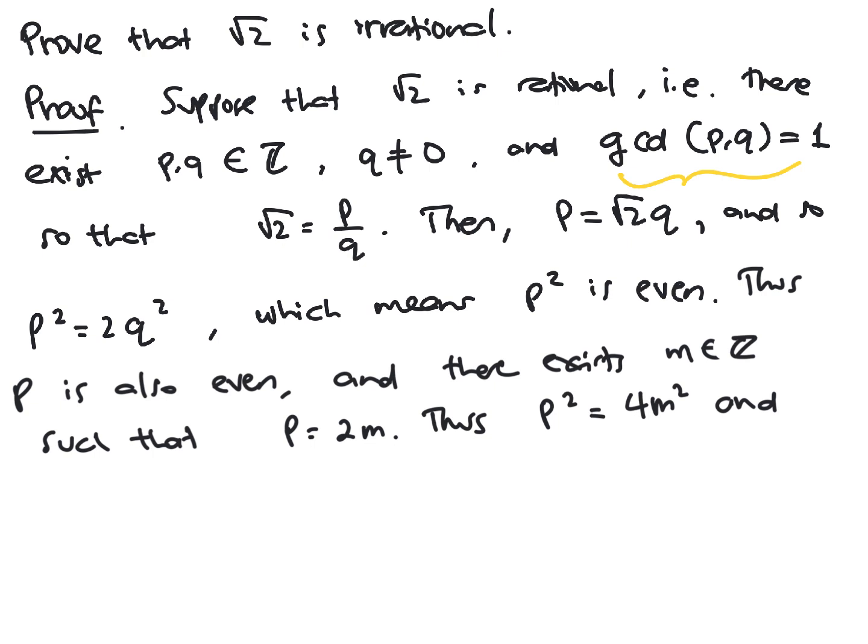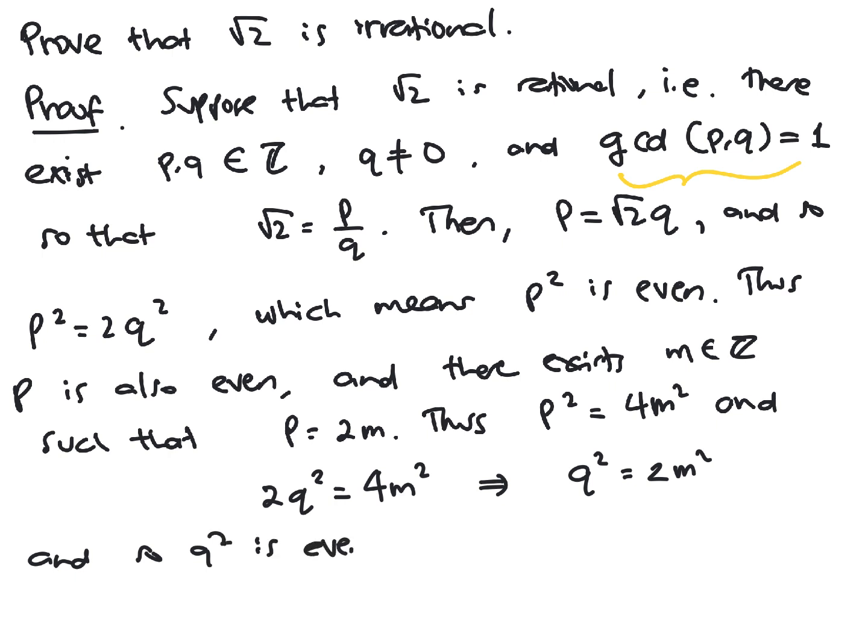And because P squared is also equal to 2q squared, what we have now is that 2q squared is equal to 4m squared, which implies that q squared is 2m squared, right? And so q squared is also even, and q is even,